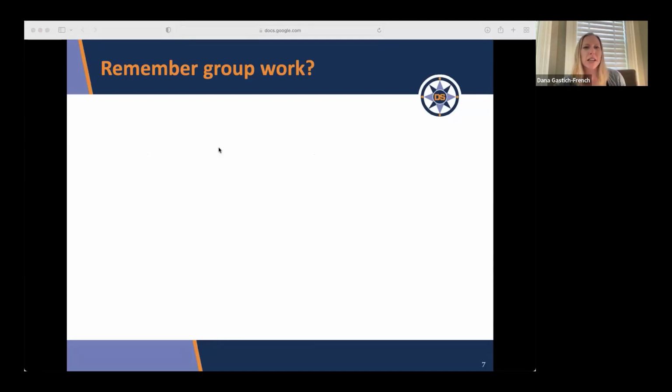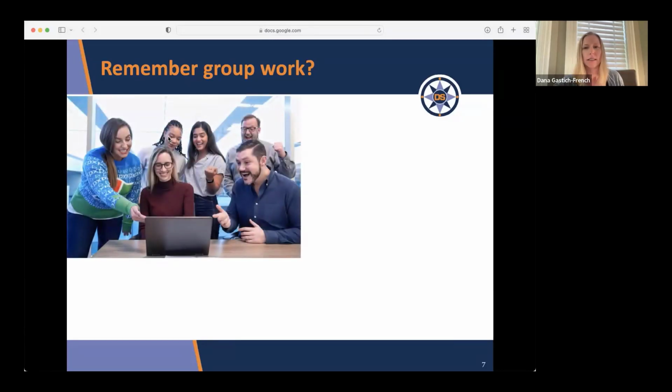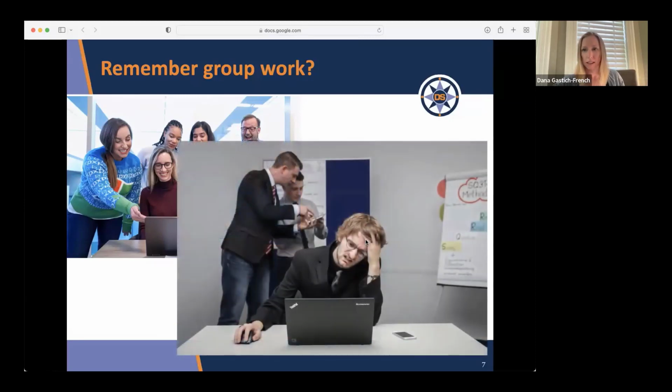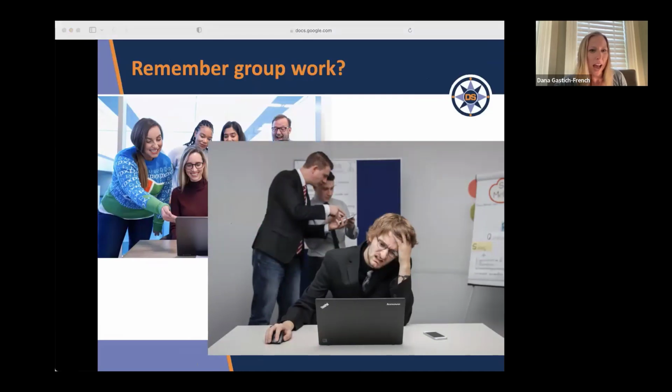So my question here is, why was group work supposed to look like this, right? But often ended up feeling a lot like this, yeah? And it's just kind of one of those realities, yet we still do it, right? As teachers, we often ask our students to do group work. We know it's good practice. We know there are benefits to collaboration. Yet when we lack agreements and we lack structures, norms, expectations,